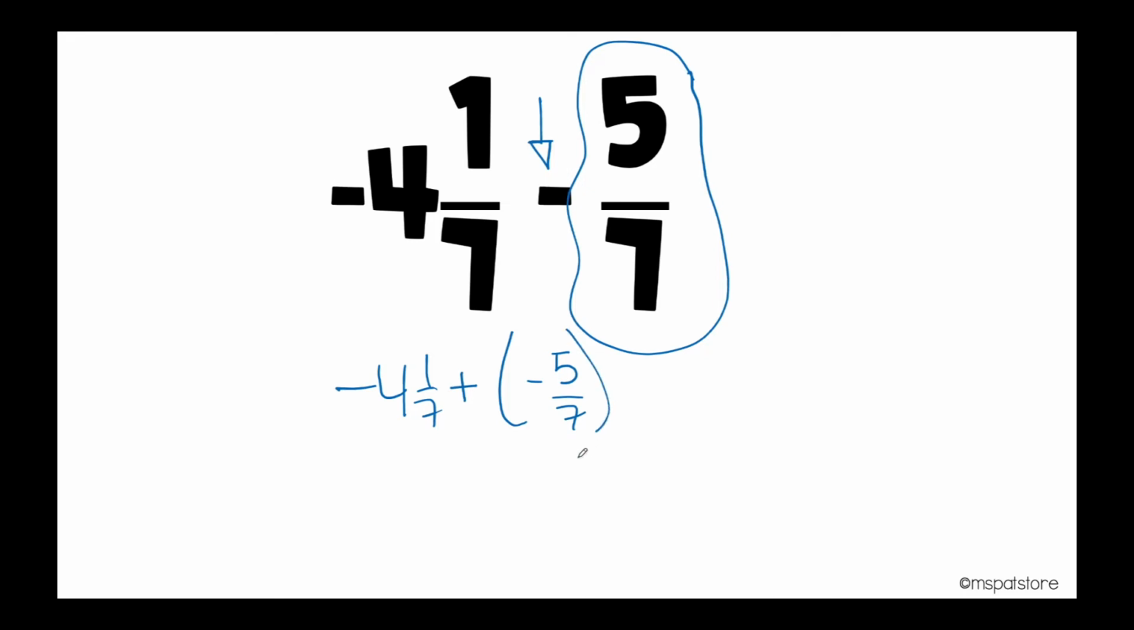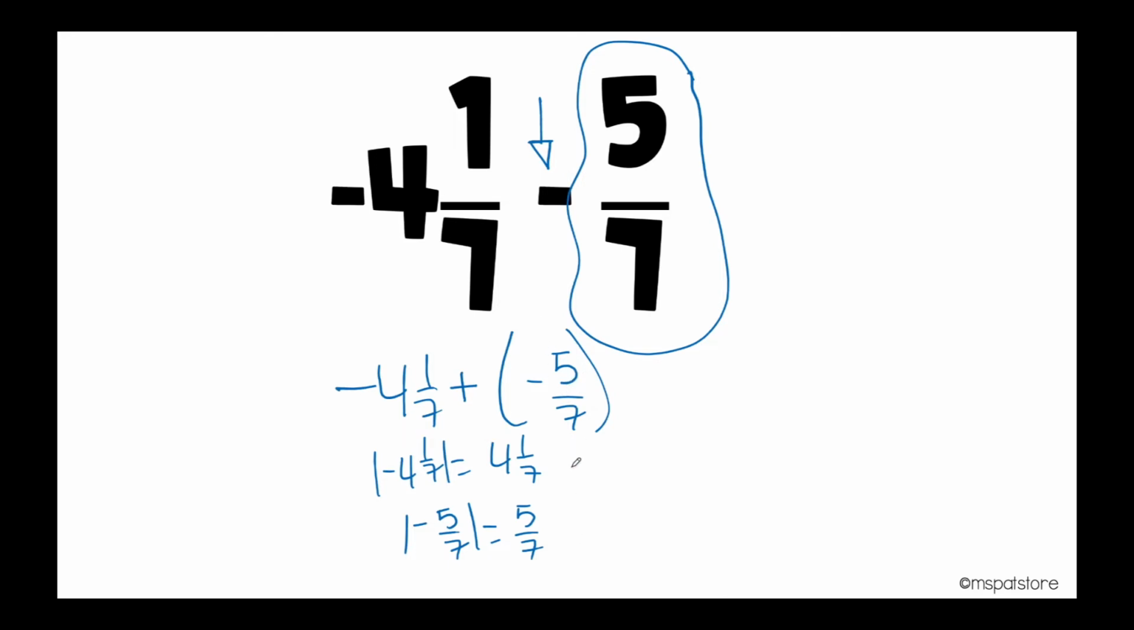All right? So you can find the absolute value of them, or you can even do it mentally. You know that the absolute value of negative 4 and 1/7 is positive 4 and 1/7, and the absolute value of negative 5/7 is positive 5/7. Now you can see that they have the same sign. So when you have the same sign, you need to add their absolute values and use the sign that they